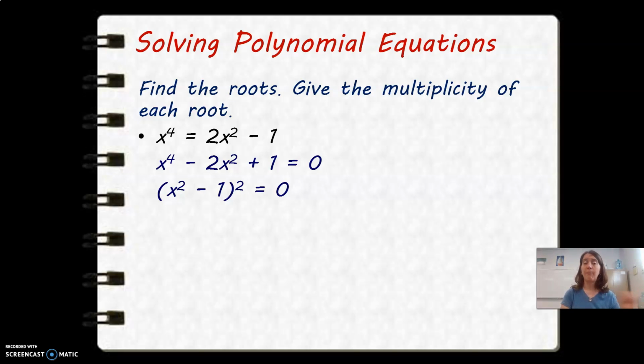The x squared came from the x to the fourth because I use x squared twice. The 1 came from the 1 at the end of the question because I use 1 twice in my question. The minus is in the middle because that was the sign of the middle term that we had in our question. So I've been able to break this down into our two different parentheses in our question. Now,